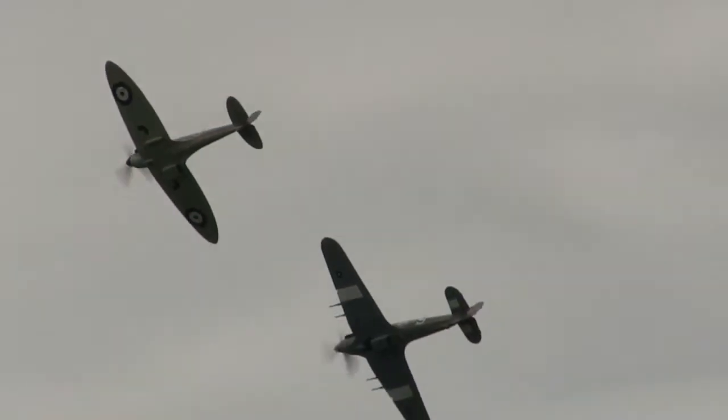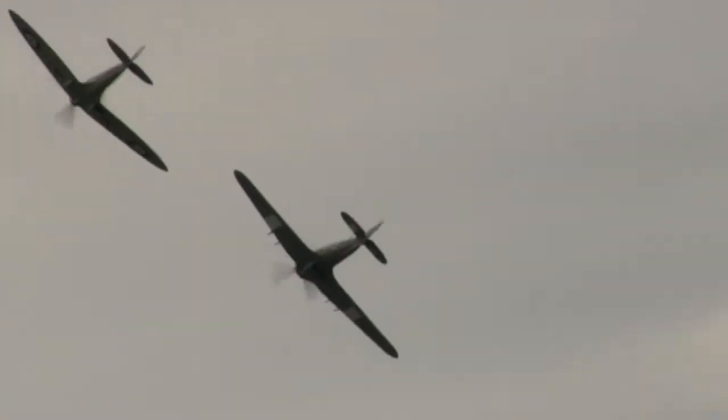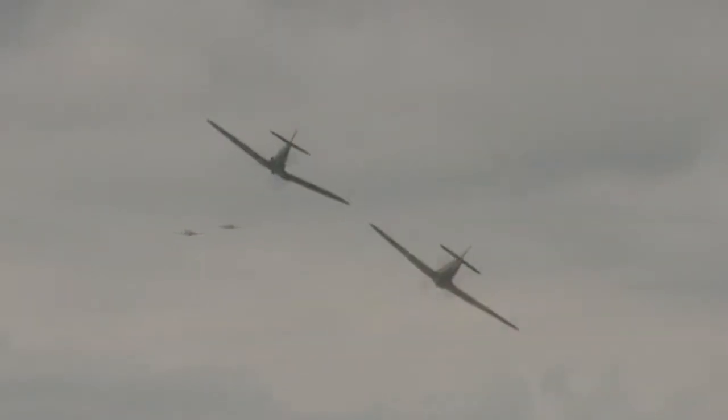Fascinating view there for you, ladies and gentlemen, as well as no obvious to see the difference in the elliptical wing shape of the...